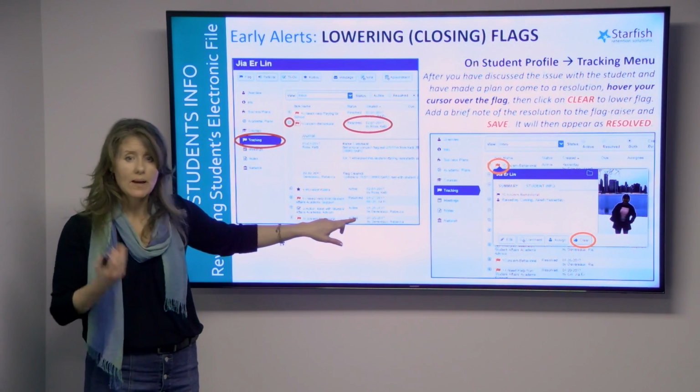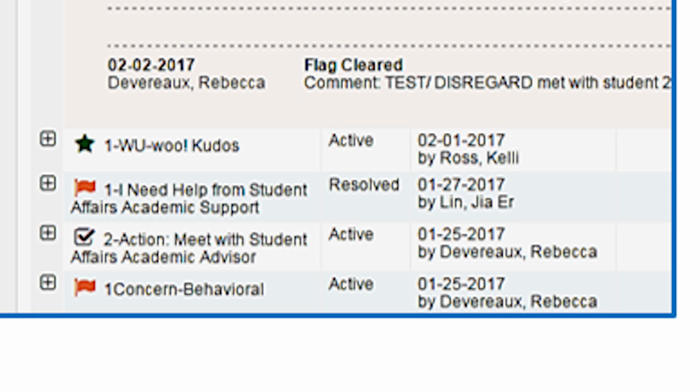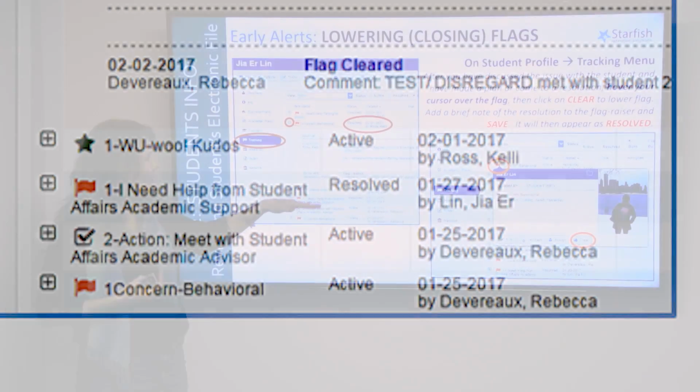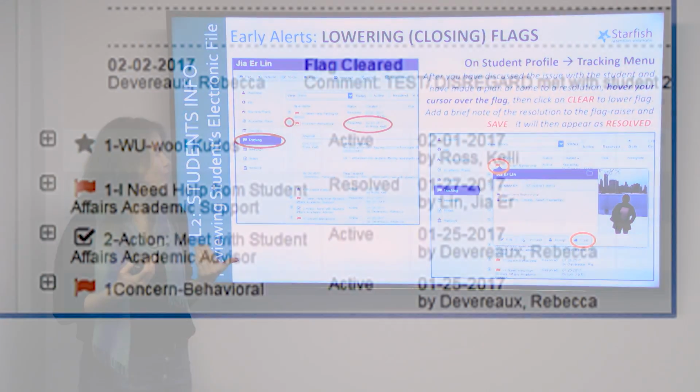It's still something that needs to be taken care of. You'll see some things where the student raised their hand. The student said that they needed help. And then that was resolved. So someone took care of the situation. The way you find out what happened with a situation, whether it's active or resolved or whatever the situation is,